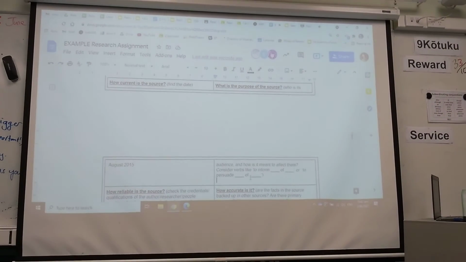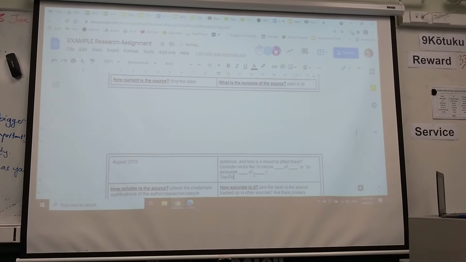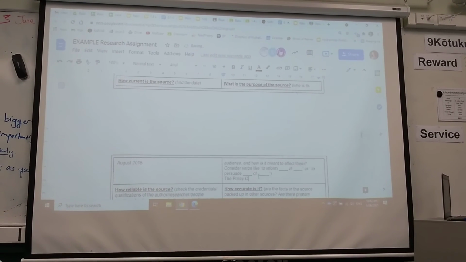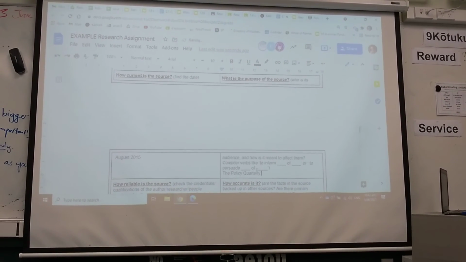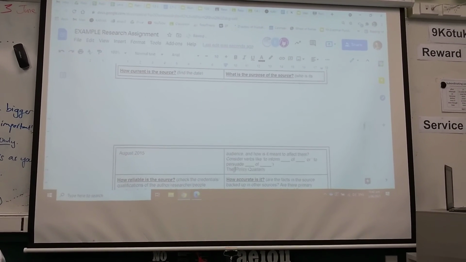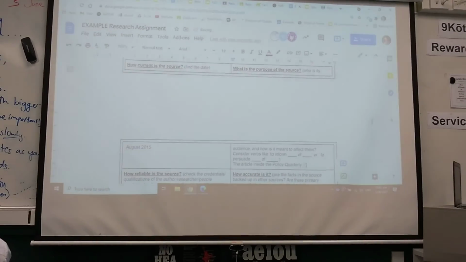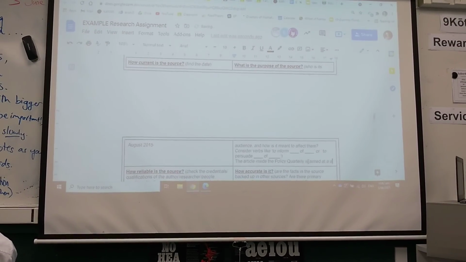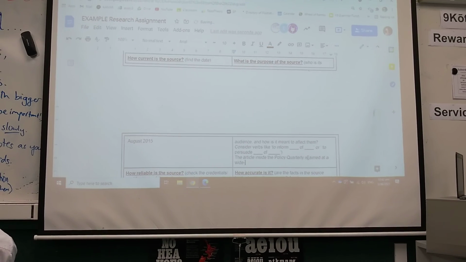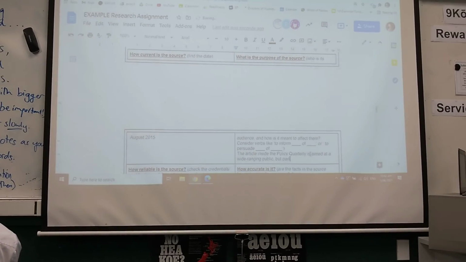And in here you would write, what is it called? The Policy Quarterly? Sorry, so the article inside the Policy Quarterly is aimed at a wide-ranging public because it's available online, but particularly